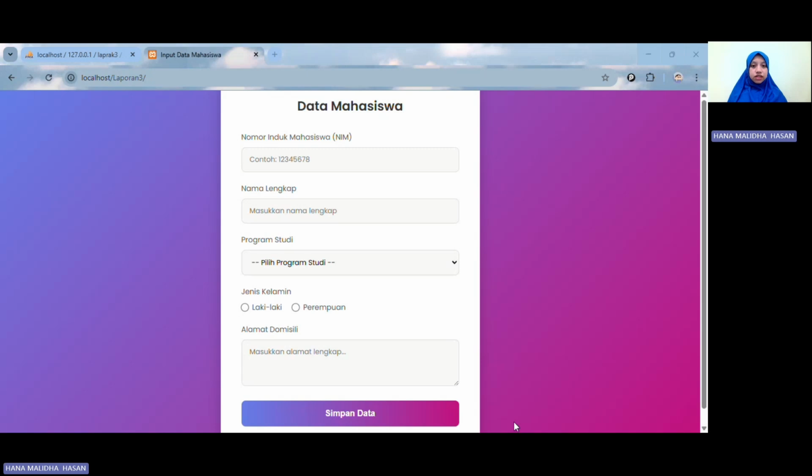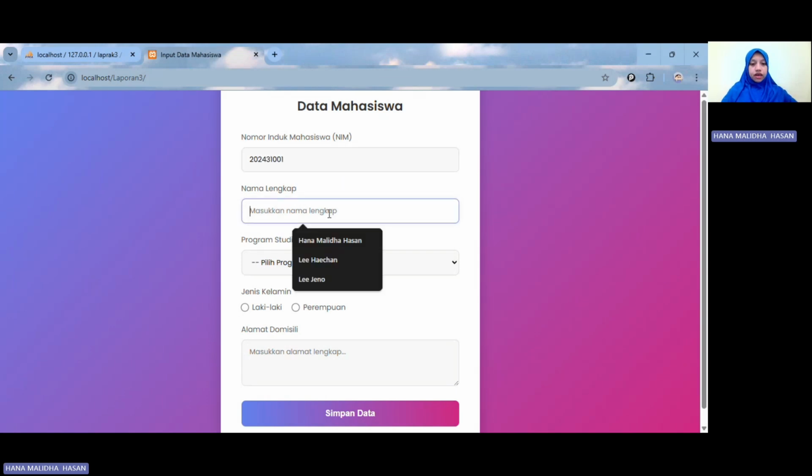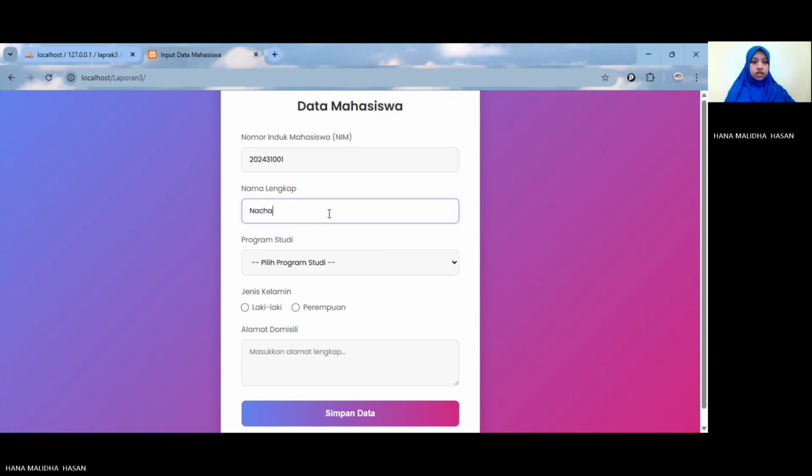Enough with the code, let's run the application. Here is the index.php page. It looks clean and simple. I will try to input some data. For NIM, I will type 2020 31001. For nama, I will use Nacha. Program study, I want to choose Teknik Informatika, and then jenis kelamin,